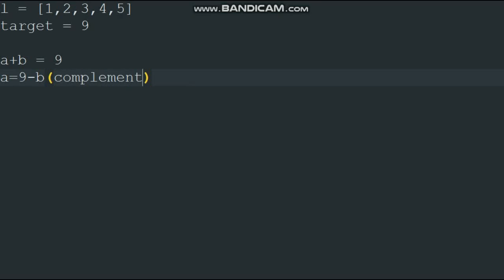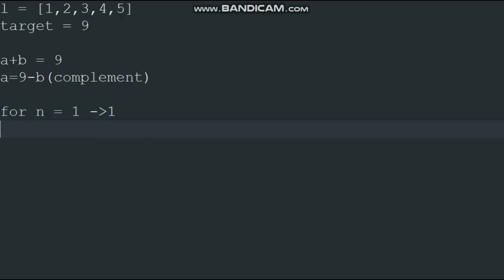So in the list, if we iterate over the list one by one, element-wise, and if we find the complement of that element in a later iteration, then we have achieved the solution. For example, I have a list of five elements and I'm iterating. For n equal to 1, I have just one element, so I don't know about the second element, and my problem statement is adding two numbers. So for n equal to 1, there will be just one element, that is 1.